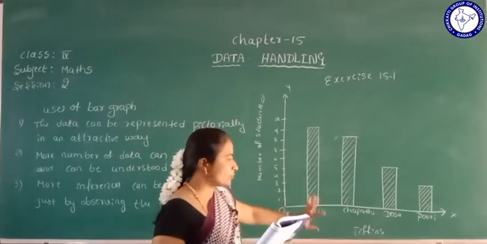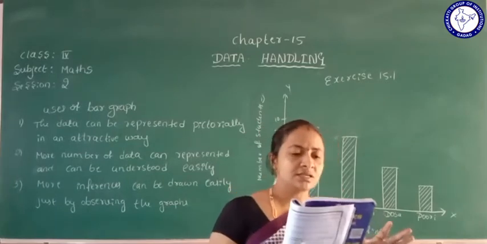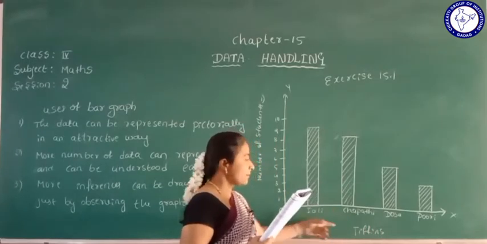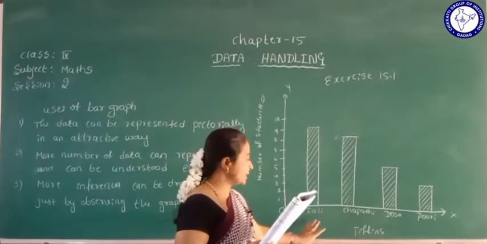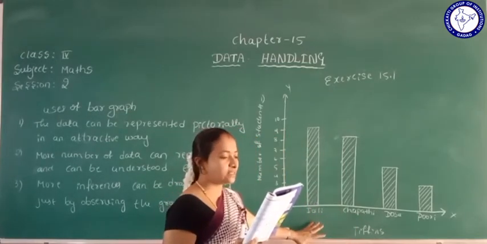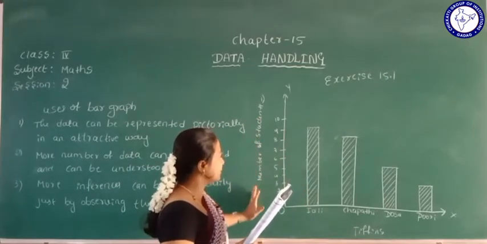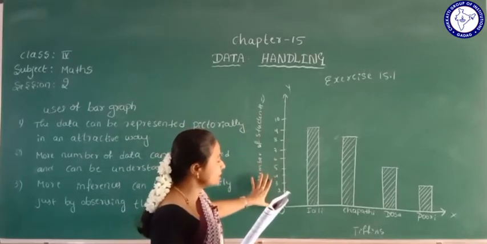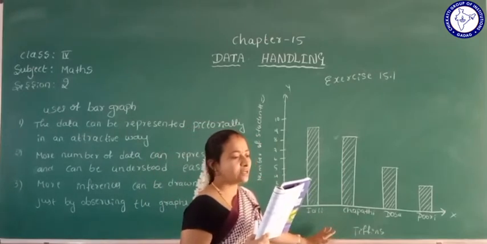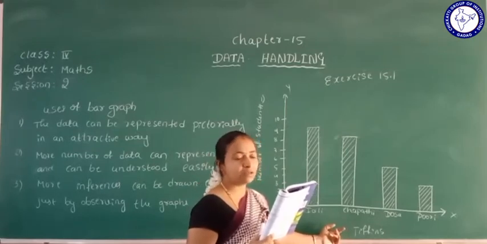Before going to this, first we can understand how to write the details of the data below the horizontal line, leaving a square in between. Here we write the details of the data below the horizontal line, for how we will draw the bar graph. This is the first method: write the number of given data vertically, and write the details of the data horizontally, leaving a square in between.